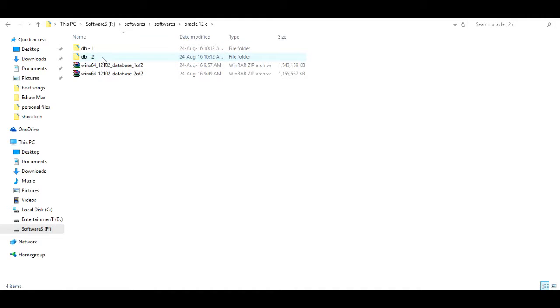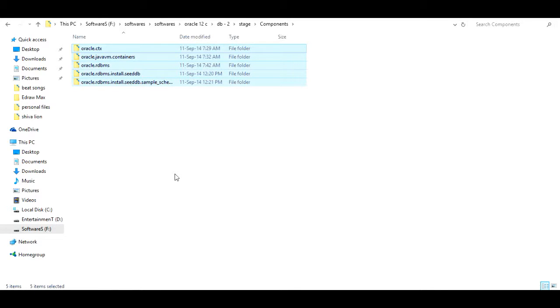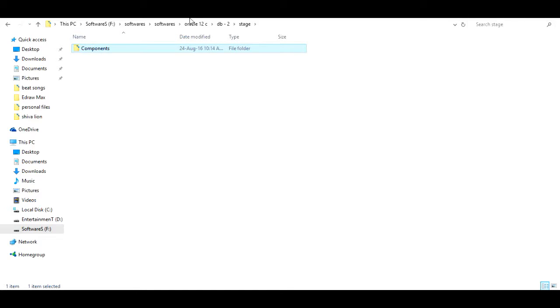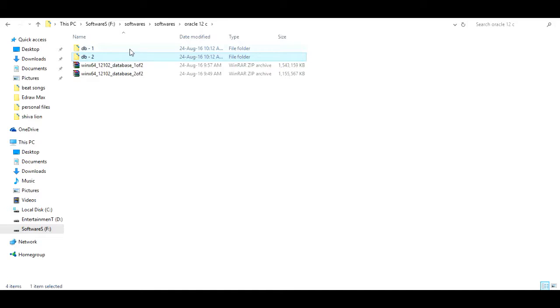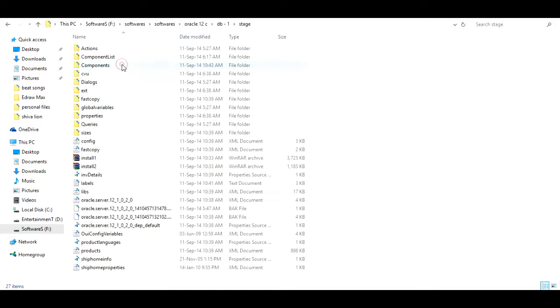Now I'm going to open file 2, then stage, then components. Here we find five files. You can copy those and move to the Oracle folder, into db1. Open db1. Here you find stage, and in it you find components.